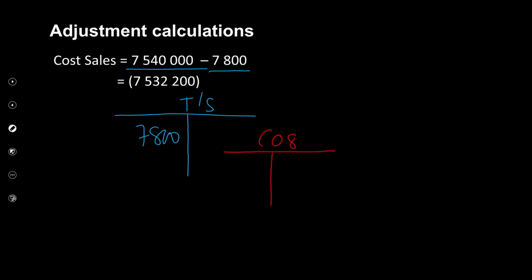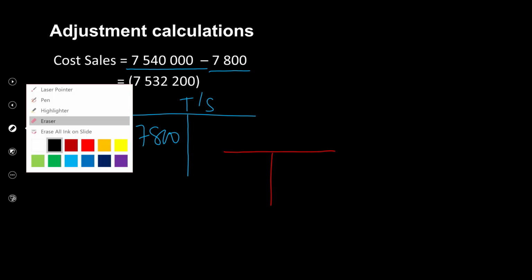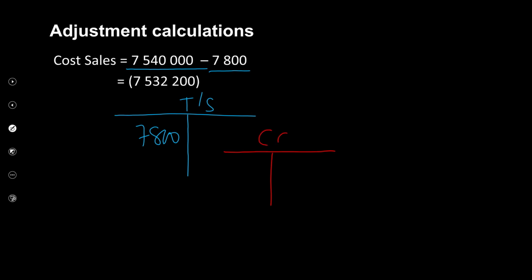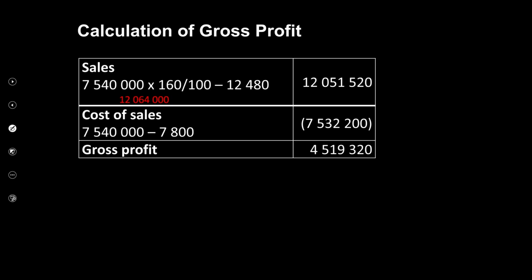Let's just erase that and pick up our pen again. Here's my cost of sales, and I'm debiting trading stock, crediting cost of sales, 7,800. Clearly, a credit to cost of sales indicates a subtraction in your calculation. So therefore, 7,540,000 minus the 7,800 will give you a figure of 7,532,200. Therefore, here you can see, going back to my gross profit part of my calculation, sales, I started off